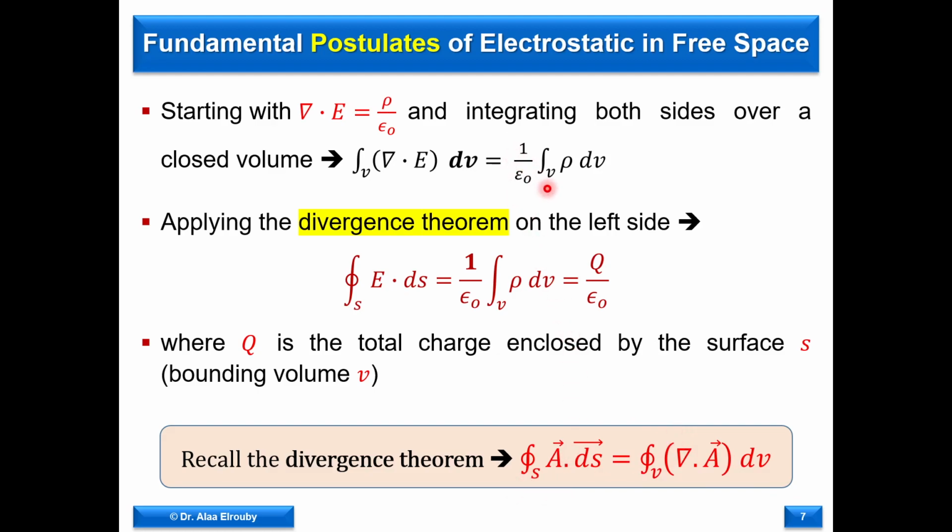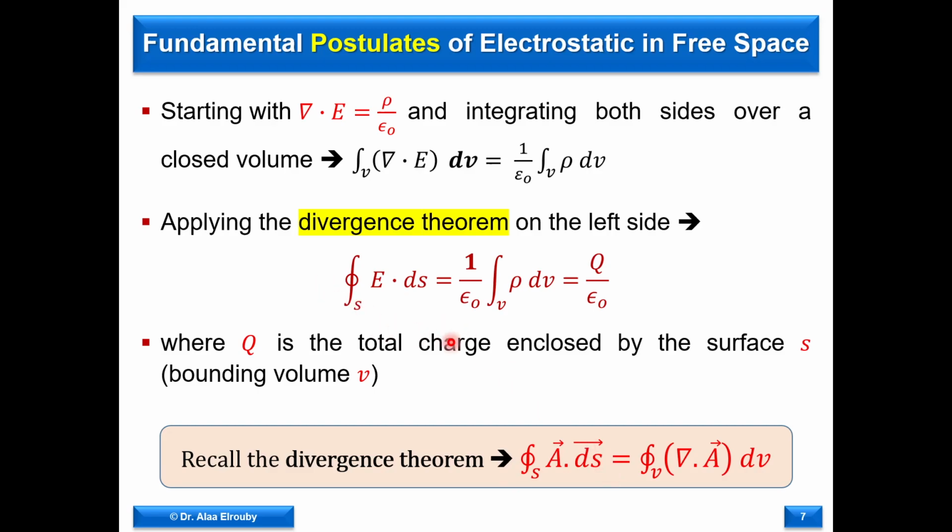Any volume must be enclosed by a surface. So the divergence of E integrated over the volume, from the divergence theorem, is equivalent to the integration of E over the surface enclosing this volume. We just replace the left-hand side with its equivalent from the divergence theorem,